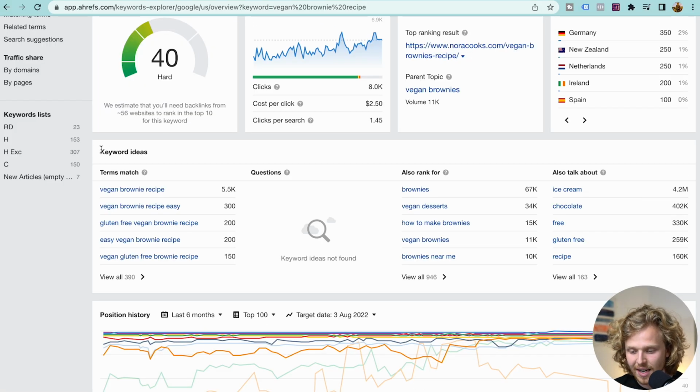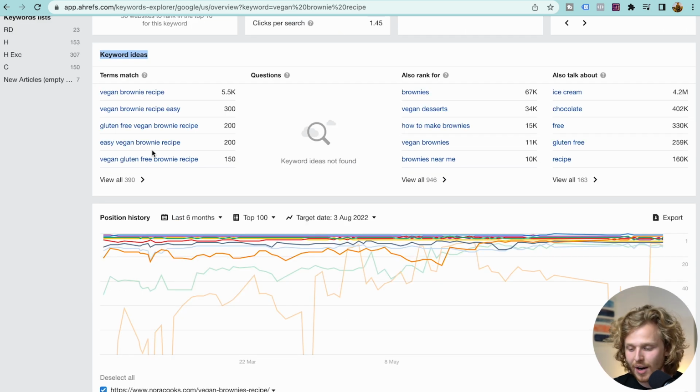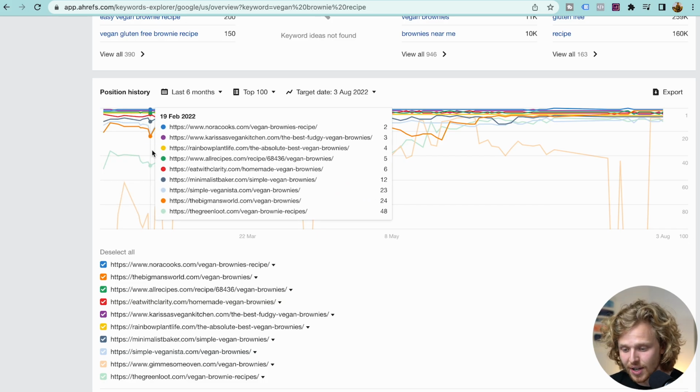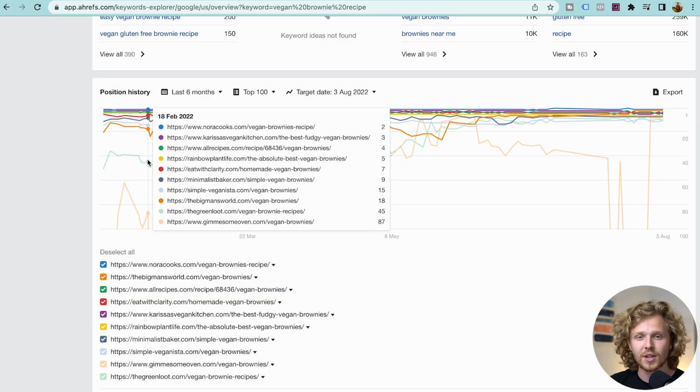Now, we have this section of keyword ideas. We're going to be talking about this right after this specific mini lesson, so no need to worry about that right now. Then we have position history. This is actually really, really interesting. We're going to talk about this in part 2 of keyword research once we talk a little bit about authority